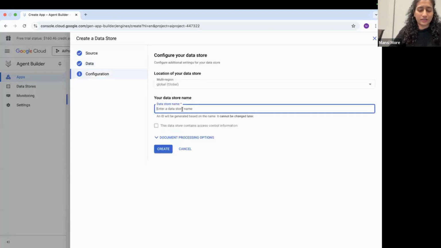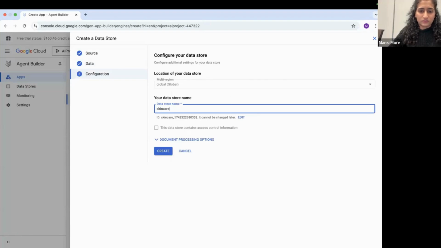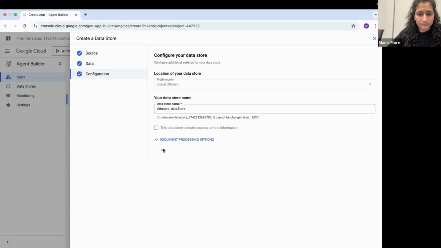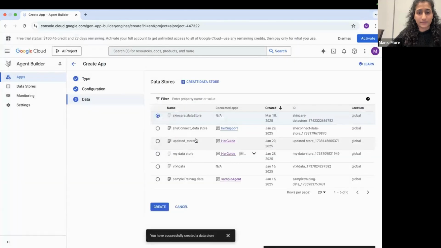Enter a data store name, anything you can give. On the create data store page, you will be able to see your data set which you have uploaded, and you're gonna hit create.